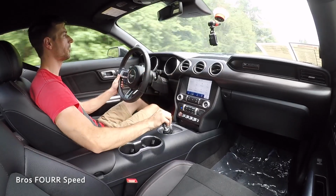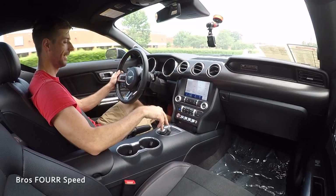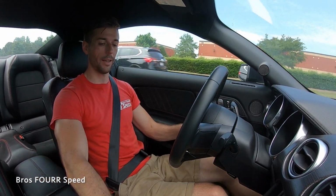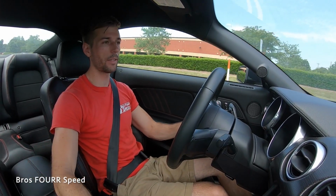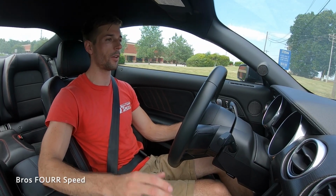It just has all of the badges that you can see. I think maybe some of the red interior trim is going to be part of that, just to match all of the red accents. Now, right off the bat, I can tell that this has the rev matching on. I'm not sure if you can turn that on or not, or if that is standard, but